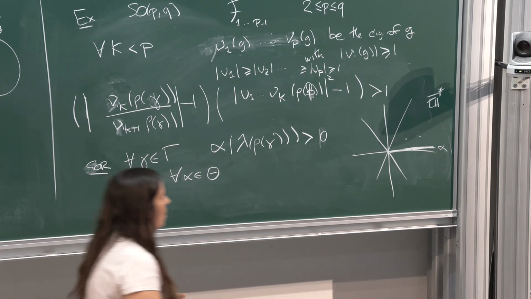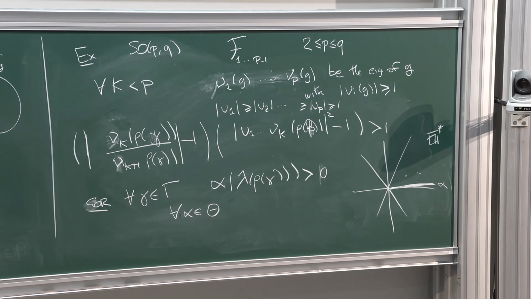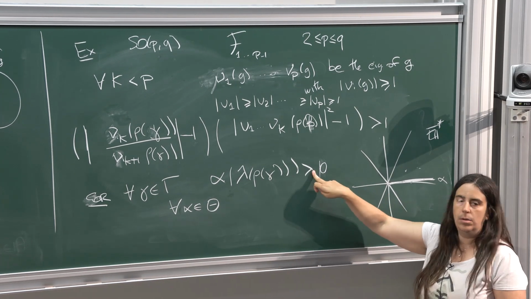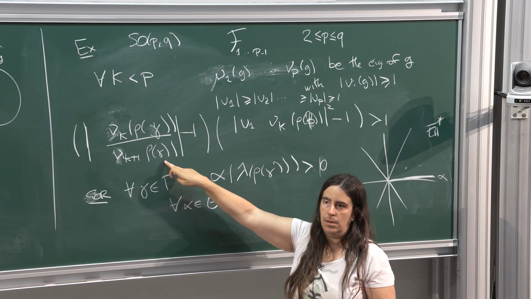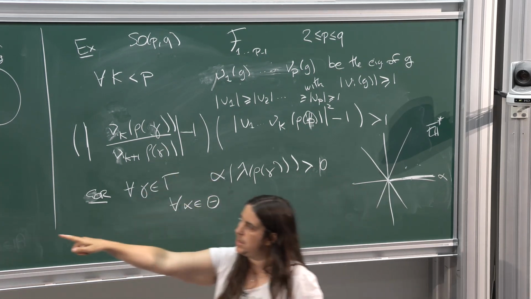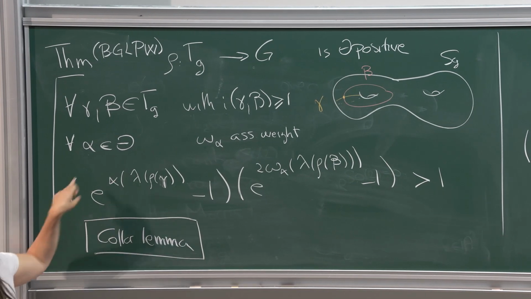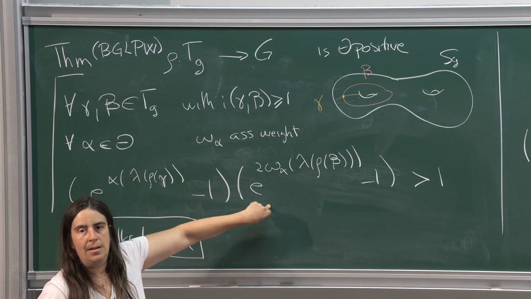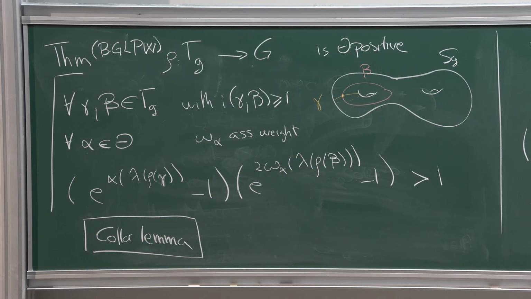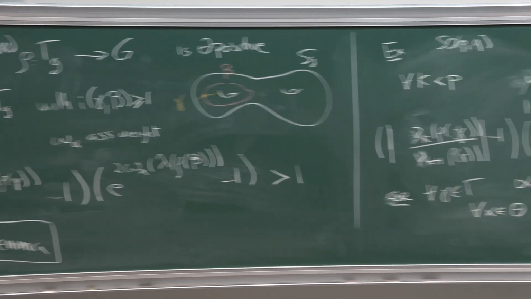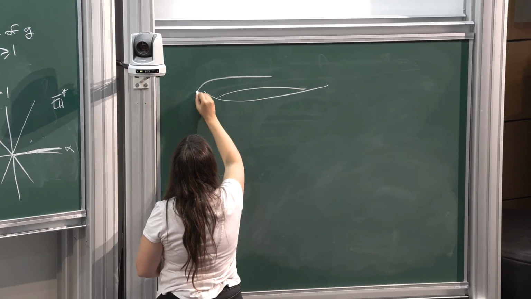And maybe why is this a collar lemma? This is a collar lemma because not only do I know that this is bigger than 0, but I know that if this is very small, if this is very close to 1, so this alpha is very small, then this is very close to 0, which means that this is very big, which means that the rest is long. And this is what's the collar lemma in hyperbolic geometry. The collar lemma in hyperbolic geometry, that I'll maybe draw adapted to what the picture there was,